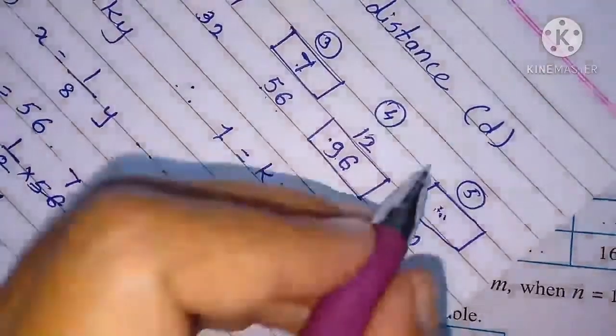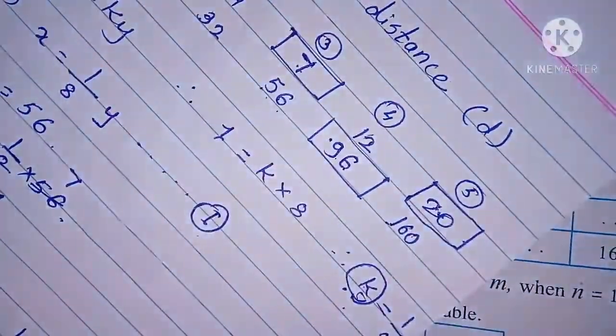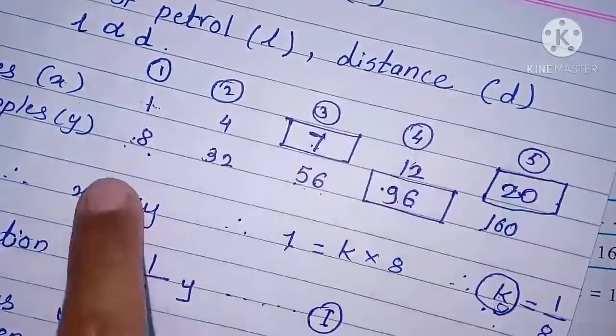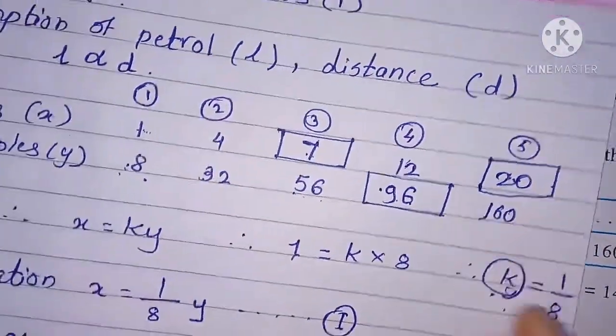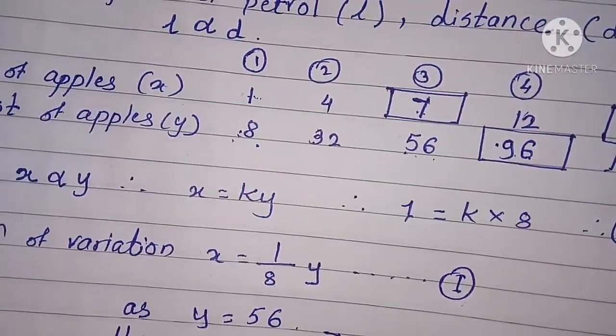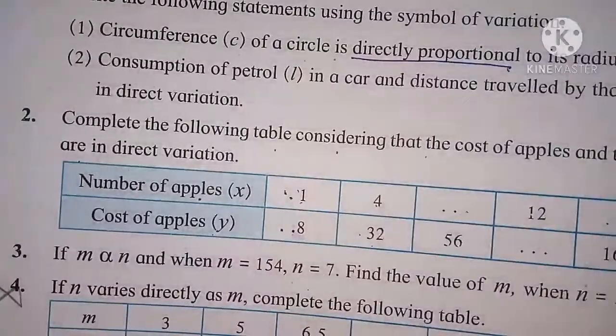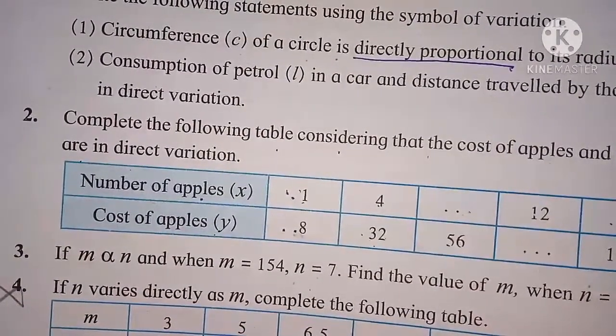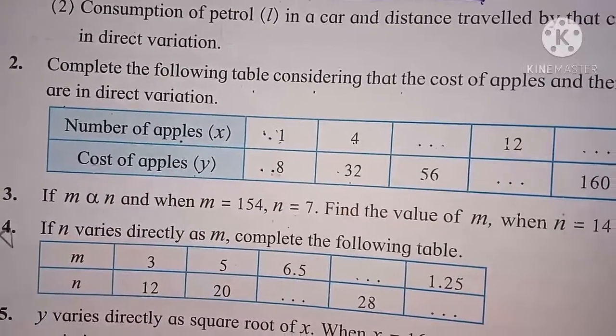Here you have to write 20. Okay. Here 20 means 20 8s are 160. This is all about question number first and second from practice set 7.1. Now see practice set 7.1, third example. Example number third is given here.